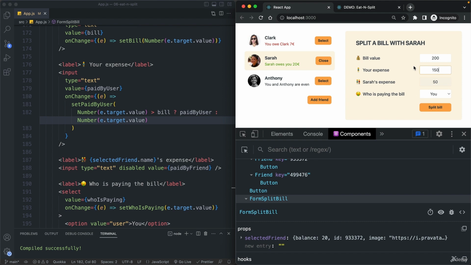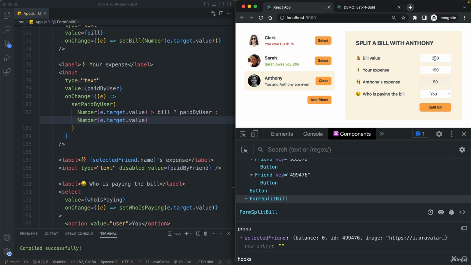So what we need to do next is to add the logic of actually splitting the bill and then updating the balance between the two friends. So updating the value that we can see right here. Now that's a bit more work, and so let's actually leave that for the next video. But before we go there, I actually want to quickly show you what happens when we click on one of these other friends. So let's click here,